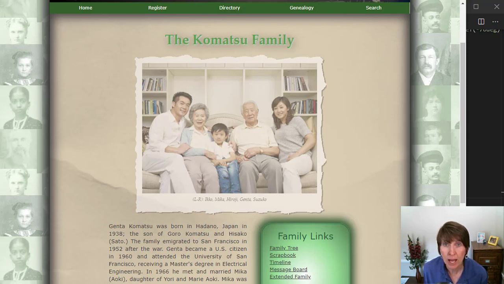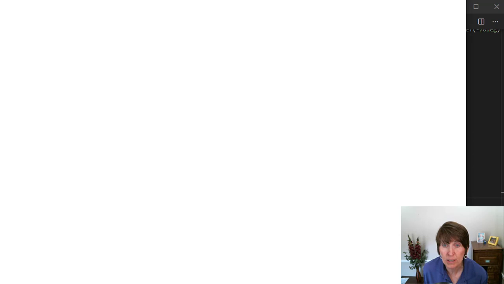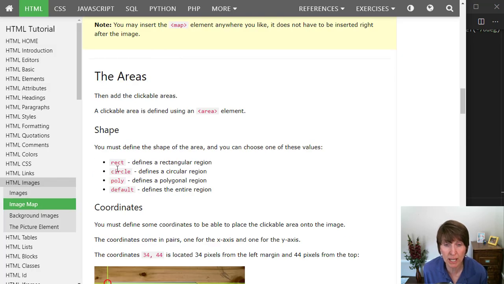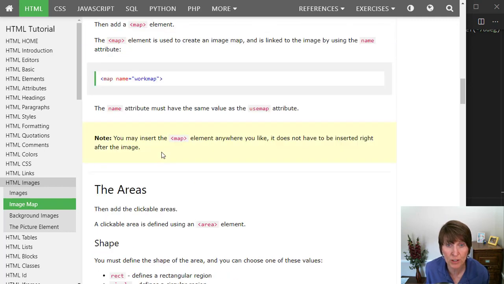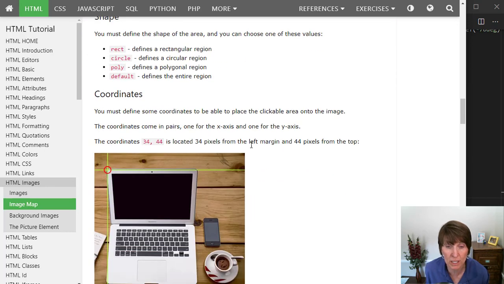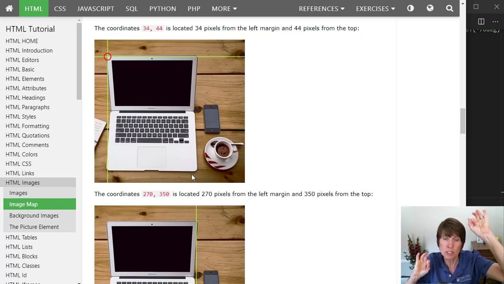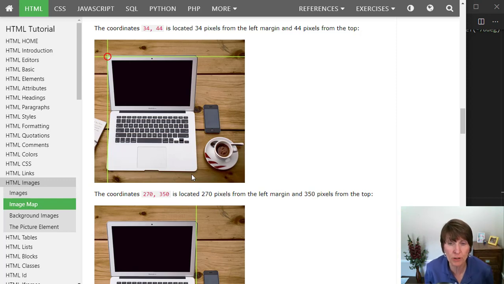Now let me show you how that works. There are different shapes that you can identify. You can use rectangles, circles, polygons, or the default, which is the entire image. So you can specify which shape, and then once you figure out the shape, you've got to identify the coordinates. For a rectangle, you need to identify two corners, the two corners that are opposite each other. It can be this one or this one, but you need the coordinates opposite from each other